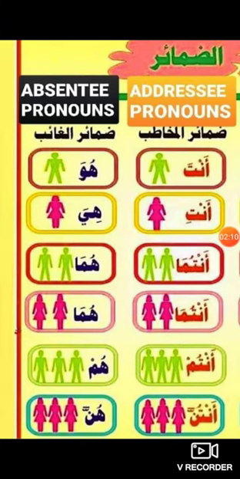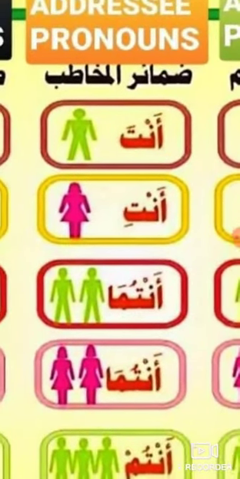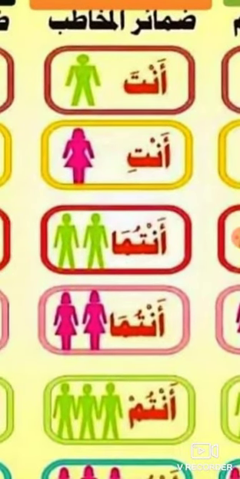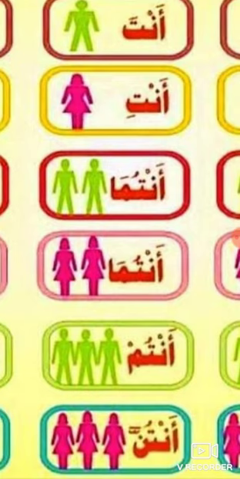Addressee, or the one being spoken to, pronouns. In other words, the second person. You, you both, and you all. In English, it's just you, but in Arabic, we have three kinds of pronouns in the second person. Anta for male, anti for female, and when you address two people, two boys or two men, antuma, and two females, the same